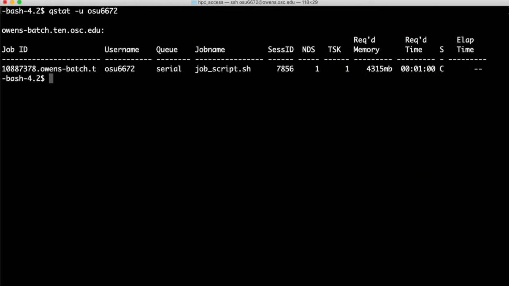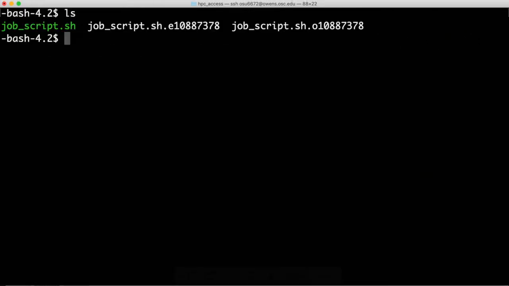Now that the job I sent is complete, I can check for the folder it was supposed to create. When I list the contents of my working directory, there are 2 new files, one with a .e extension and one with a .o extension, each followed by the job ID number. These respectively store error messages and any output that would have normally been printed to the screen. However, the new folder isn't there.